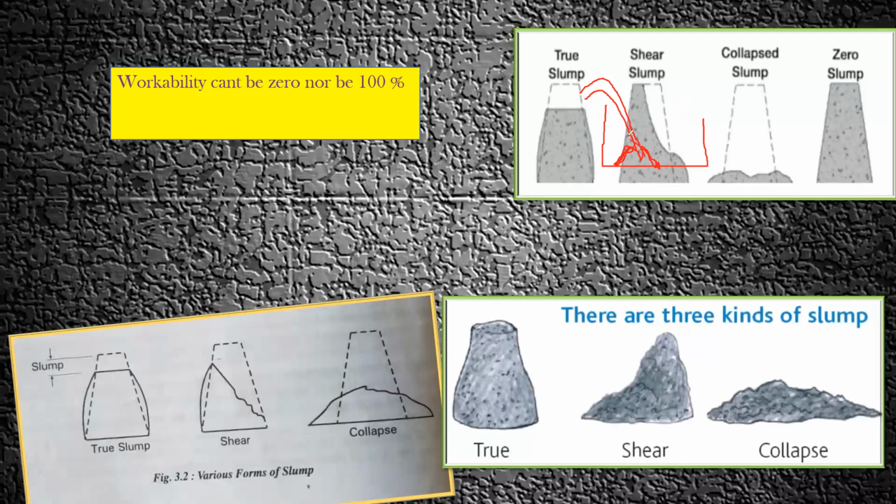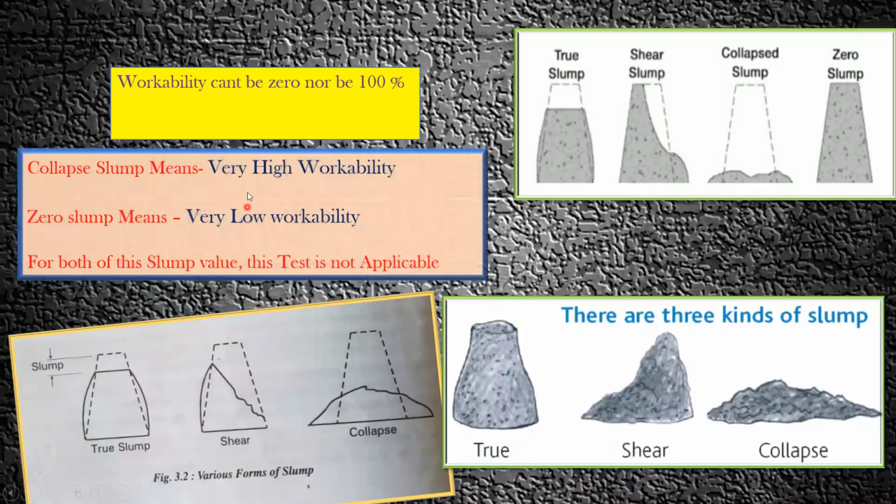Even though the water cement ratio is less, it's going to flow. And 100% is never possible, because to certain extent your concrete can flow with more water cement ratio, with more water and all. After that, you have to deploy a labor or a vibrator to make it flow everywhere, right? So this is the basic understanding that we need to have, that workability can never be zero nor it can be 100%. Yeah. So the next point is that,